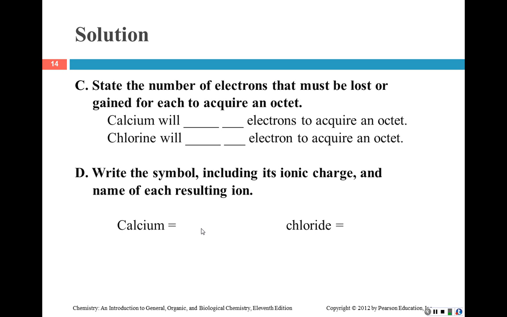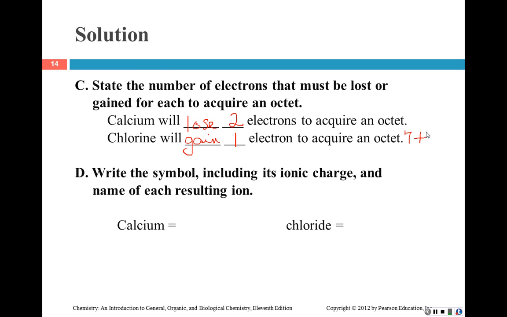We said calcium had 2, and so it has only 2 in its valence shell, so it will lose 2 electrons because it's less than 4. Chlorine had 7 electrons. It's not going to lose 7, is it? No. In order to have 8, it can just gain 1 electron, and it will achieve its octet,